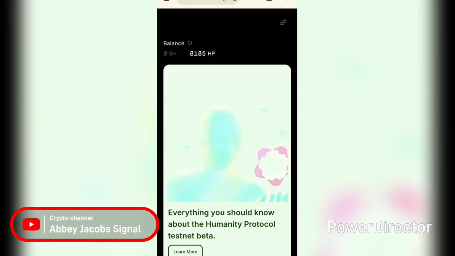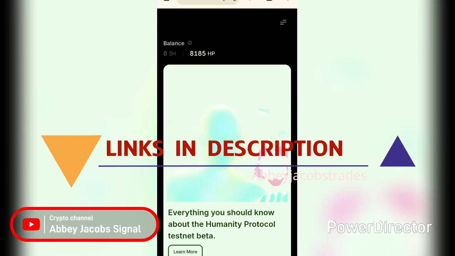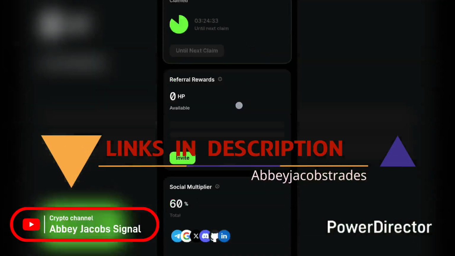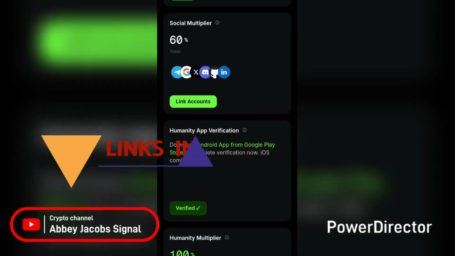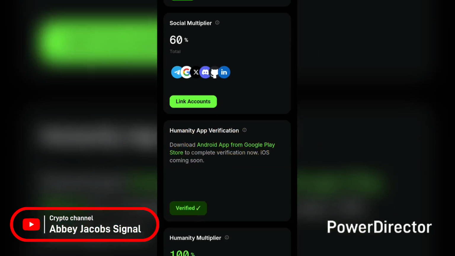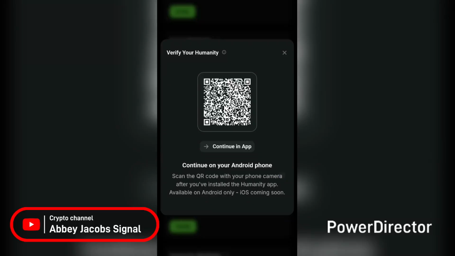Now guys, after you've logged in and you have your dashboard looking like this, you are going to come down right here to where you have the Humanity app verification. I've been able to do mine already, but you guys don't have to worry. It's a very simple process. Yours here is going to say verify, so all you have to do is click on verify. Once you click on verify, it's going to bring this prompt, continue in app. So you are going to click on continue in app. It's going to divert you back to your Humanity